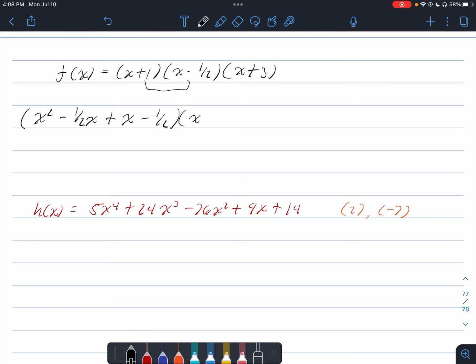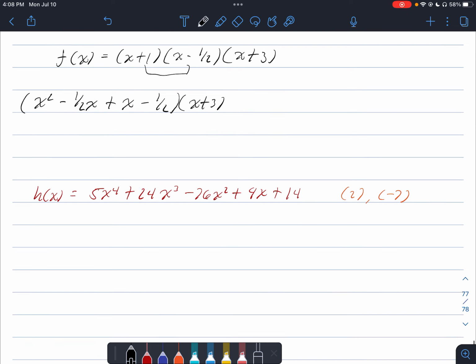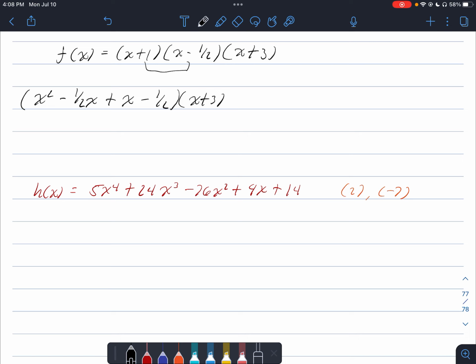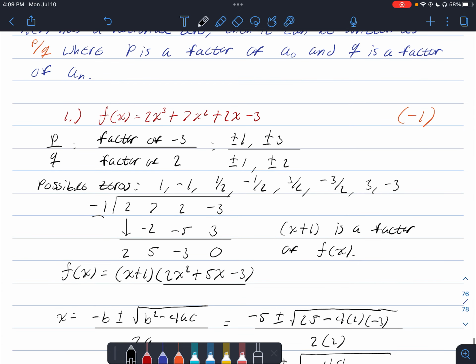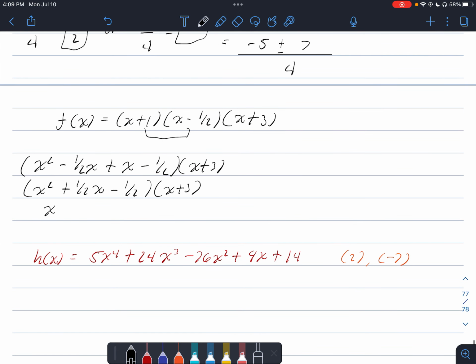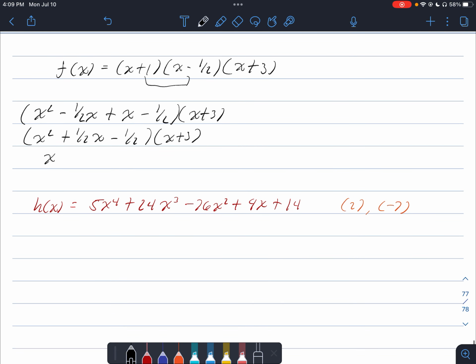Okay, we'll have that times x plus 3. All right, so we can combine like terms here, and we'll get x squared plus 1/2 x minus 1/2 times x plus 3. And we can FOIL this out. So we'll get x to the third